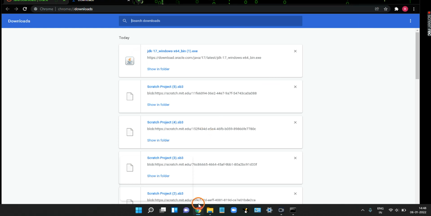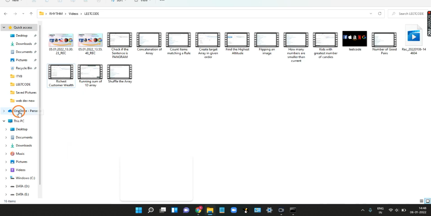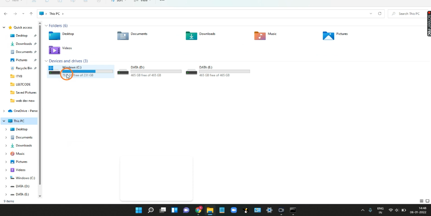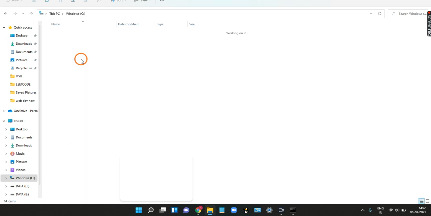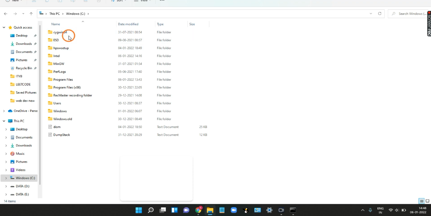Okay, after that, just open your This PC and click on this Windows C folder. After that, here you can see where it is. Okay, click on this Program Files.